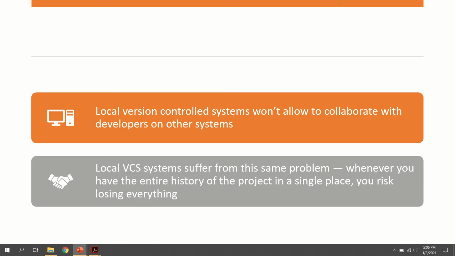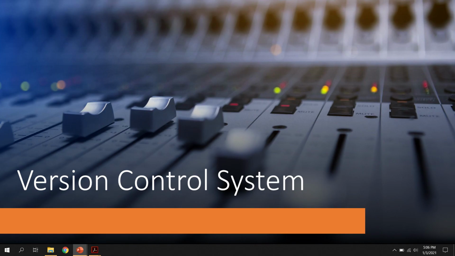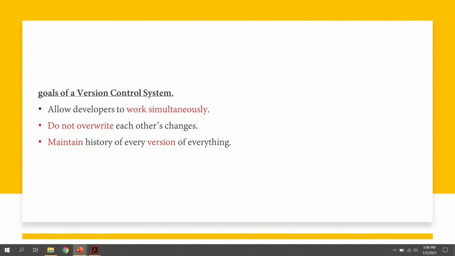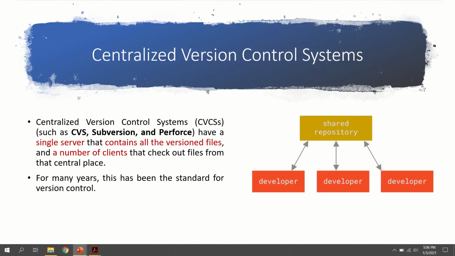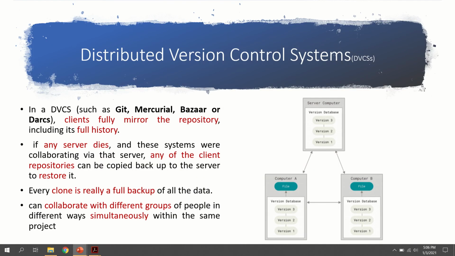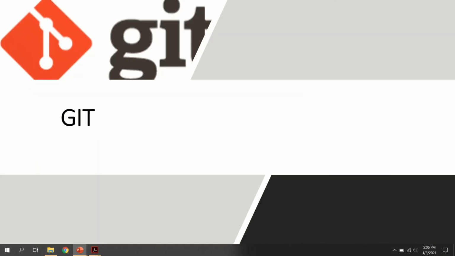These are some introductions to the version control system. Here I covered what version control system is, the goals of version control system, and different types of version control system like local version control system, centralized version control system, and distributed version control system.